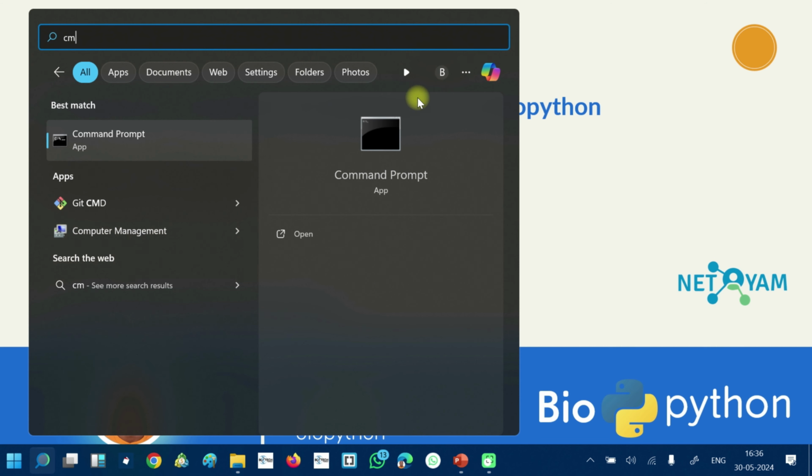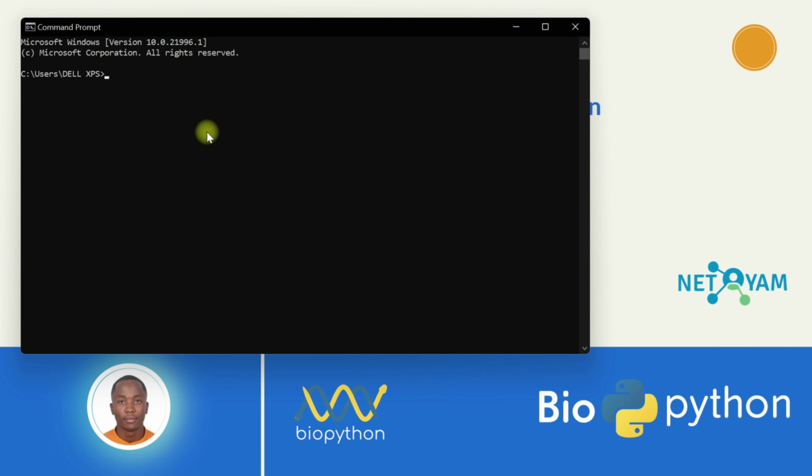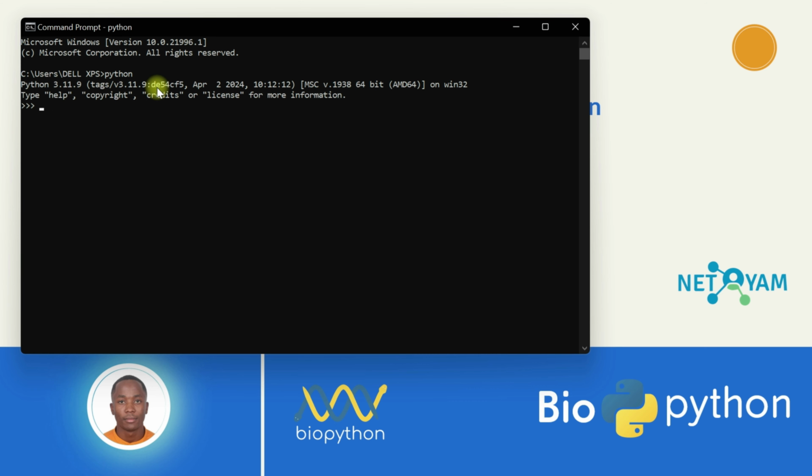So I open CMD command prompt, and then if I want to check if my PC has got Python installed and also to check which type of version is running, I can just type Python. So it will actually show me Python, and currently my PC has got Python 3.11 running. And from here, let me just press exit so that I can